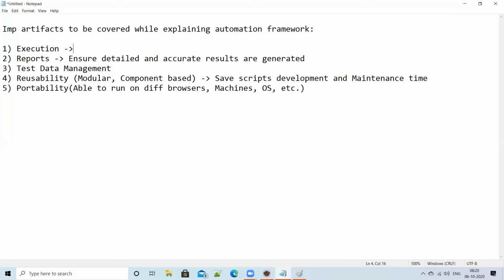Next, execution. Flexibility to run scripts or test cases as a batch or independently. Are we able to run our test cases independently, guys?